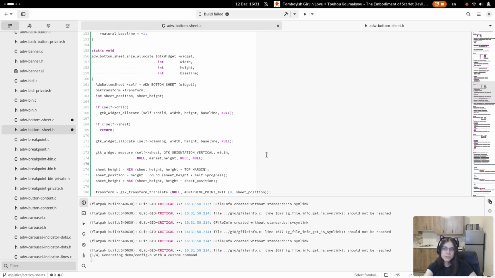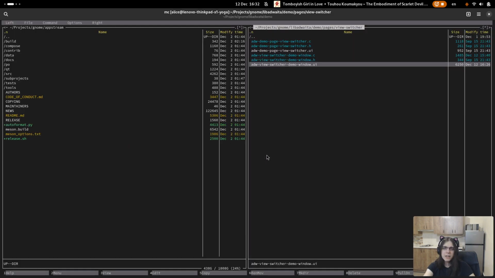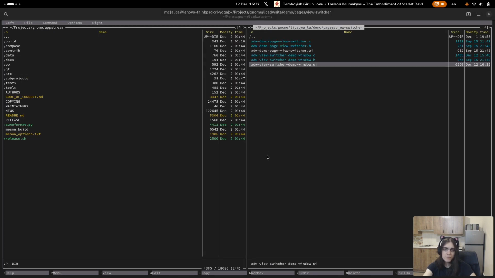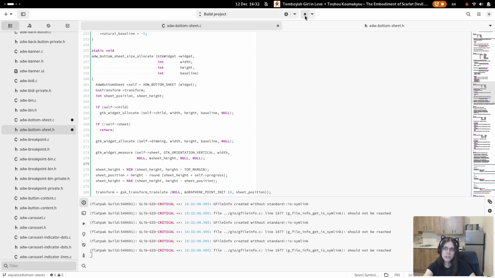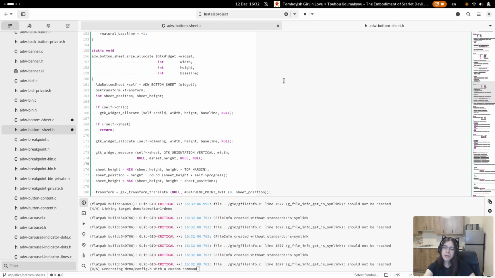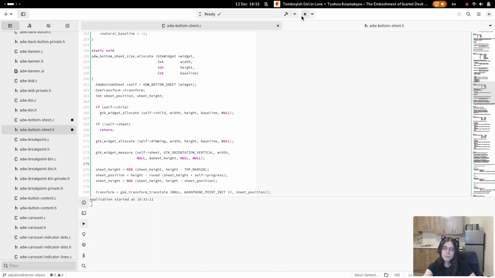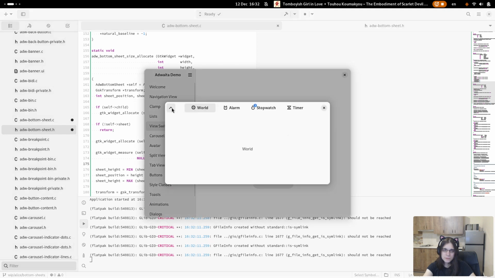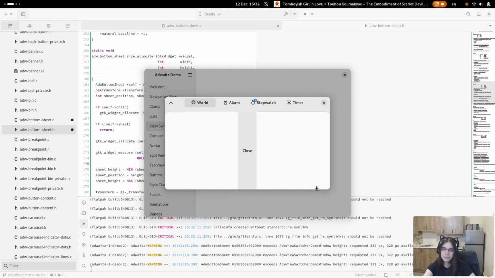Okay, now that warning from earlier, I think it's just from having too large natural height. Not natural, medium height in this case, on the button. Yeah, makes sense.